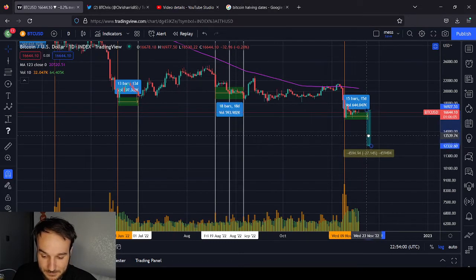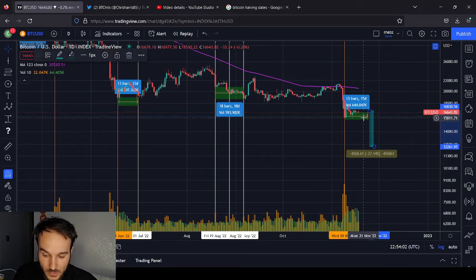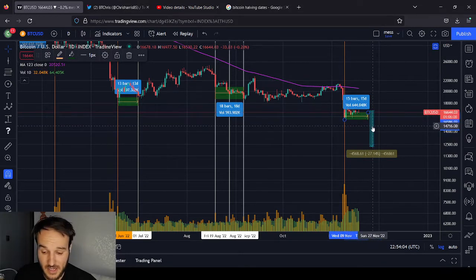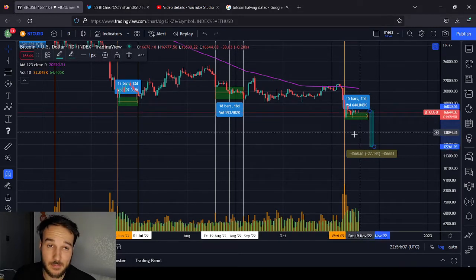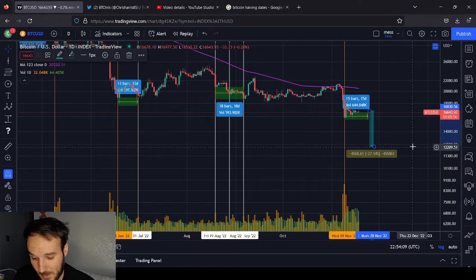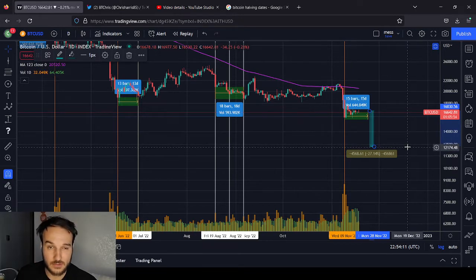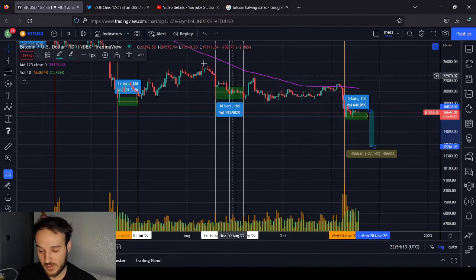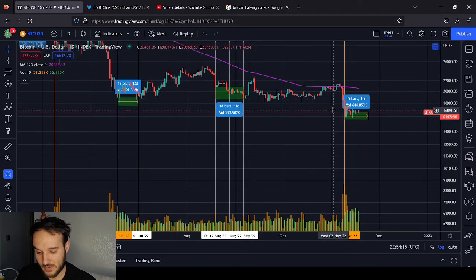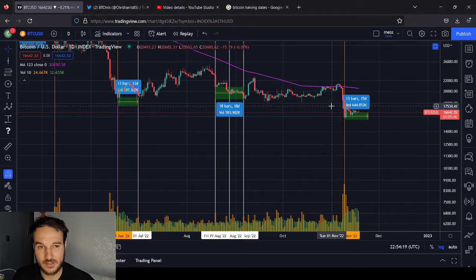That could happen in a week from now, on Thursday, on Thanksgiving. That could be the day. And that might be the bottom. If we were to go that low, that would be the bottom. I don't think we're going to get that low. You don't have to hit the measured moves of these patterns. That's not a requirement. You could fall short of them, you could go over them. It's just an idea.